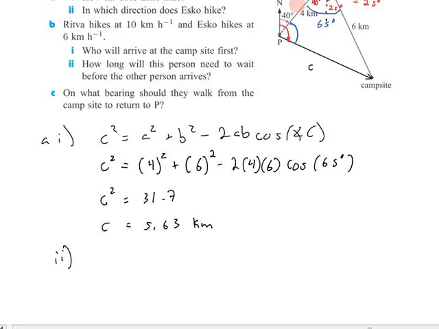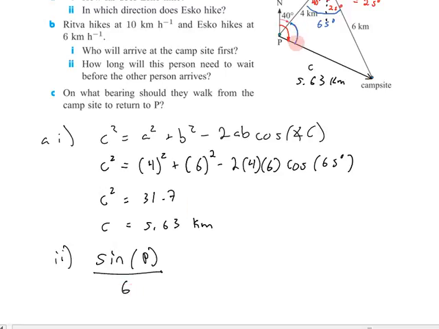So what we want is an angle in a triangle. We could use cosine rule again, because we now know side C is 5.63 kilometers. So we could use that side and that side and that side to get this angle. We could also use sine rule. I'll choose to use sine rule here to find an angle. Sine rule in general says that the sine of the angle that we're looking for divided by the opposite side to it, that'd be 6 kilometers,